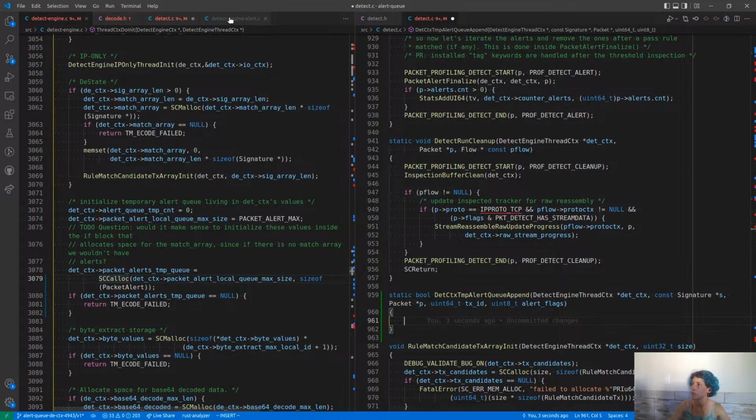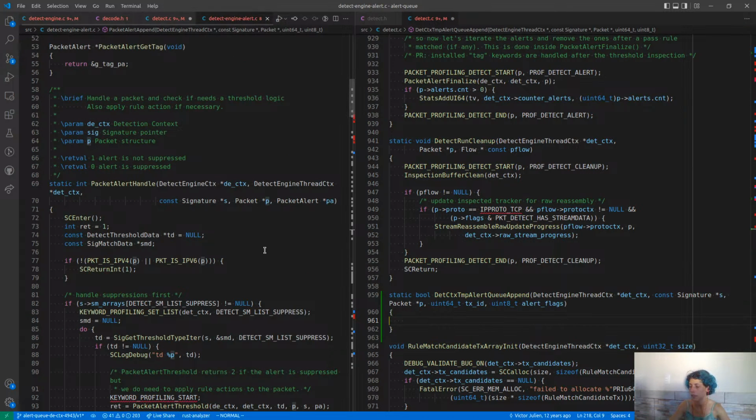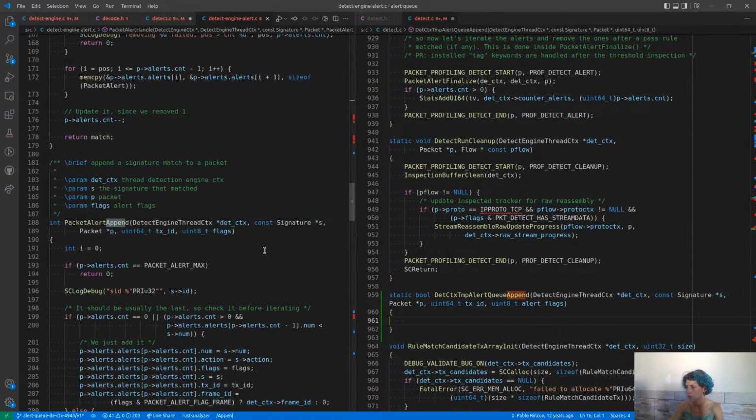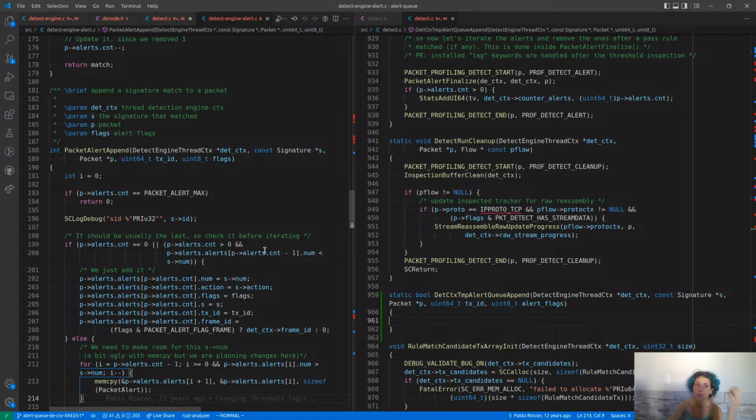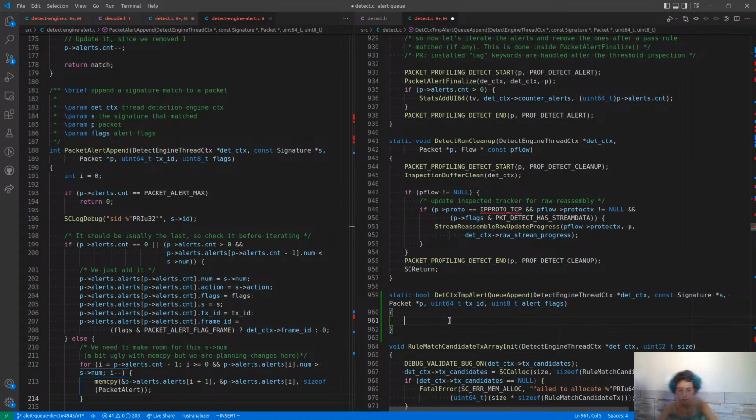Now I want to compare with what we have for packet alert append, I think. Why do we use i for the position? Do we worry about the position now? We don't, we'll sort afterwards. So what do we worry about now? We will worry if